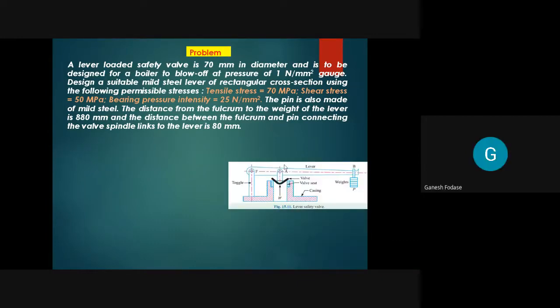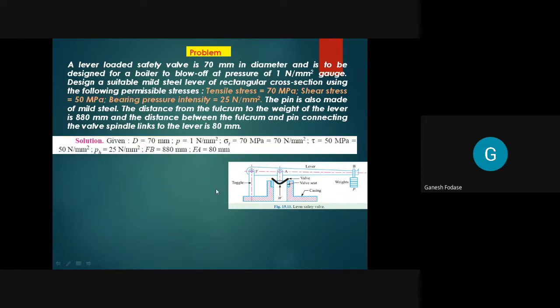Now after this, we need to draw a diagram. You can draw a rough diagram just for understanding, showing what F, A, B, W, and P are. To get an idea, you can draw the diagrams. And then you can write the given data. Already I discussed this data, so you can write the given data by your understanding.